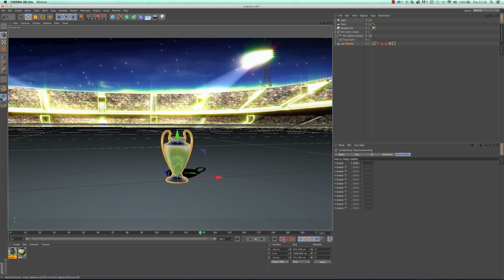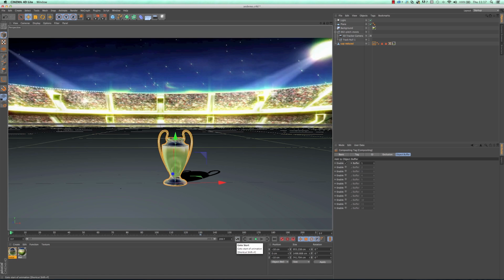And if you use these tools here, these can be used to record position, scale, rotation, parameters and points, and you can turn any of these off. I'm just going to leave them on just for this example. But if I hit record, there's a tiny little blue icon there that appears, or icon or block or whatever you want to call it, and that means that a keyframe has been added to this object in the timeline. And of course we can go more complicated with a timeline, which we'll have a look at in a bit.